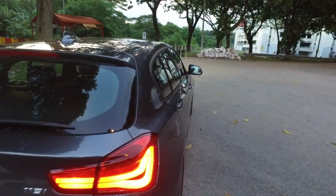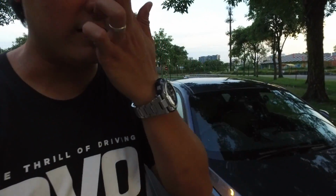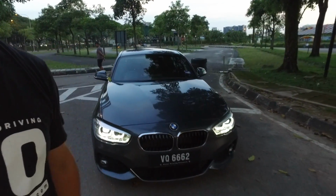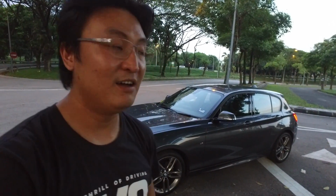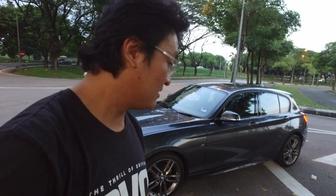So, do you like it? Do I like it? I like the way it drives. It drives fantastic. Alright, I like the way it looks. It looks really good. I like the fact that it's rear-wheel drive, 1.5 litre 3-cylinder engine. Fantastic, weird combination. And it's a very nice car. And then look at the price. What's the price? 180. A very good price for what is actually a family car for a young family, I